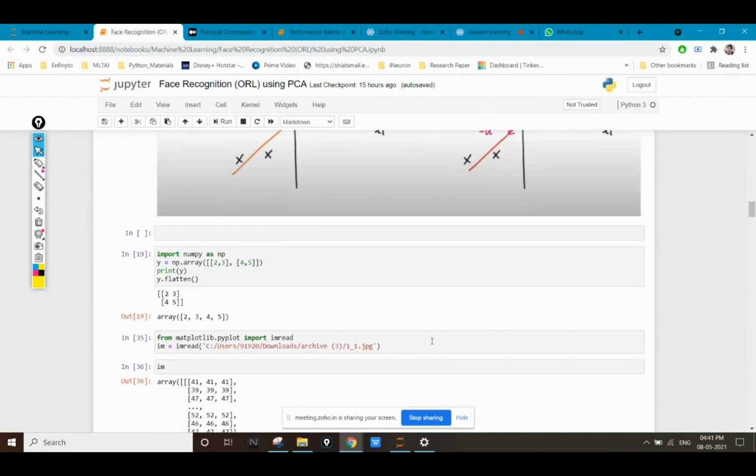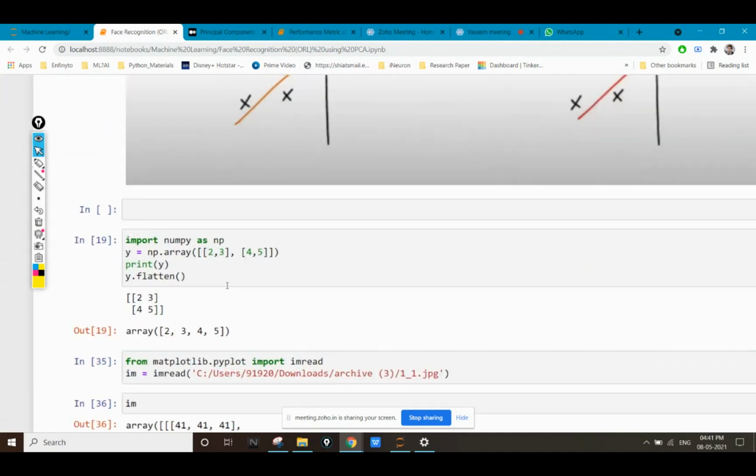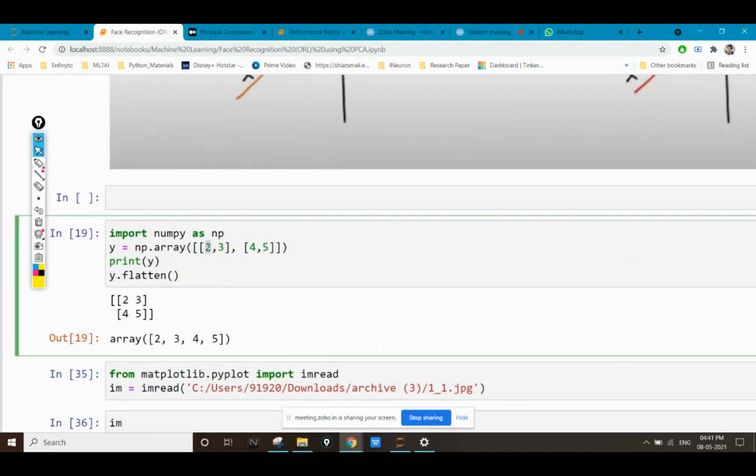Now, after that, we have a small concept known as flattening. In flattening, see here, I have created an array. In flattening, I change a 2D array into a 1D array, because we all know that our machine learning model takes values one by one.